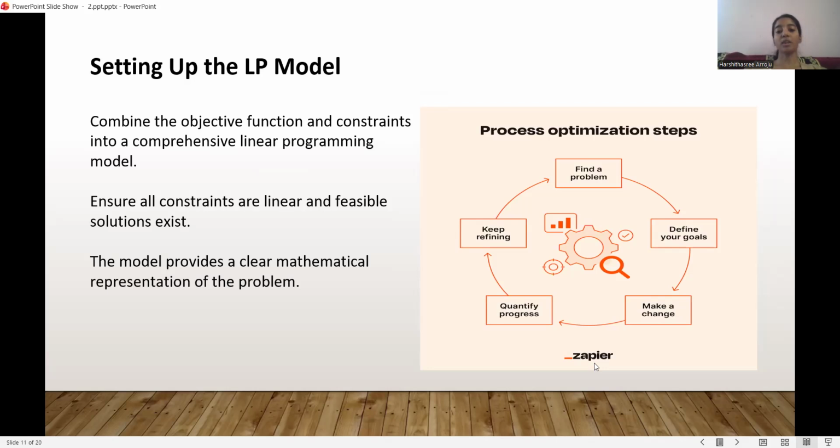Once the model is formulated, the constraints are converted to equality form by adding slack variables, and the simplex method is applied systematically to move from one feasible solution to another while improving the objective function at each step. The process continues until an optimal solution is reached, one where no further improvement is possible. The final solution provides the optimal allocation of labor, machinery, and material resources